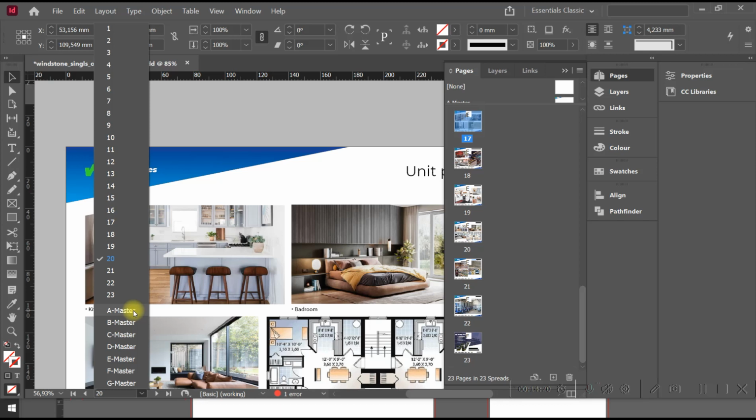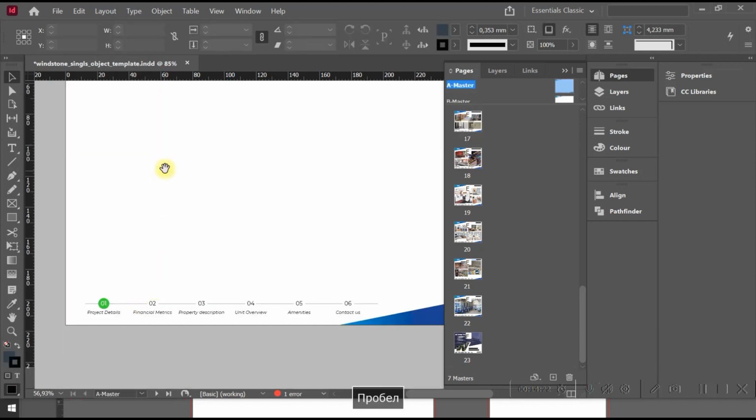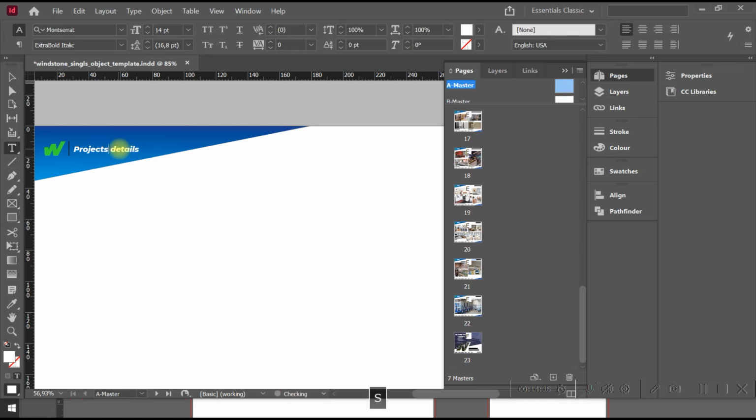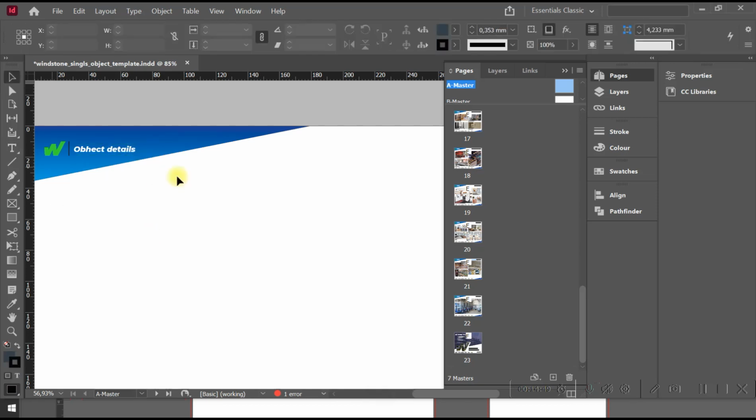The master page is the page which contains elements which repeat on each single page at the same place. For example, project details. I'd like to change it. Not project, but object. More different, object details. For example, I change it,